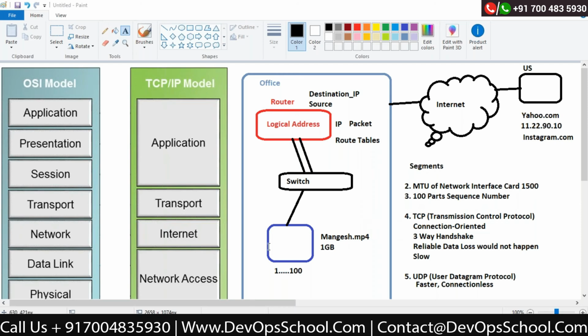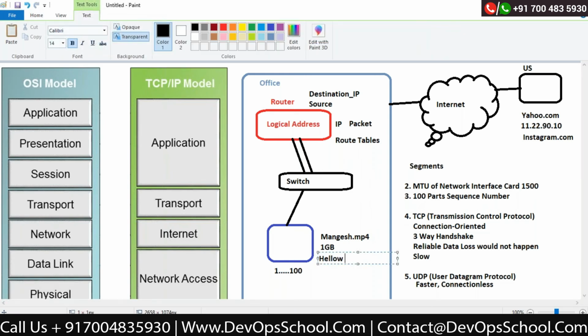The moment the first hello packet is sent, the connection is established with the hello packet; my data would not start transferring without it. That hello packet is initiated from this computer. At that time, this computer will create a network socket file.